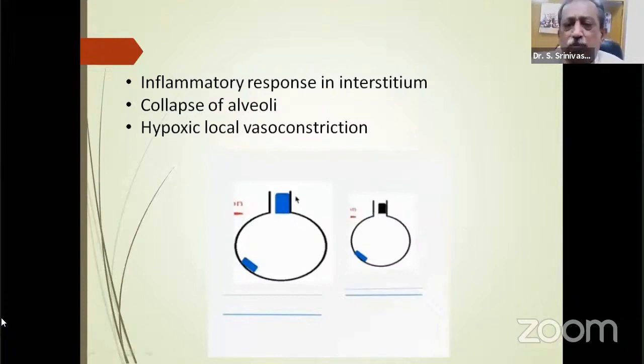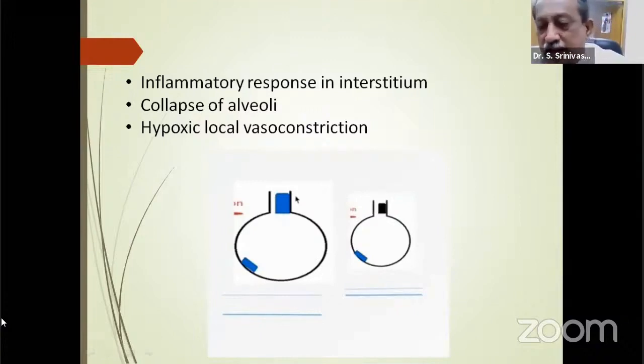The third most important point we should remember is called hypoxic local vasoconstriction. You can see in the picture, beneath the normal alveoli, the normal pulmonary vasculature. And beneath the collapsed alveoli, you can see a narrow pulmonary vasculature. So why is the pulmonary vasculature becoming narrowed? See, when the Clara cell is infected, there is no anti-inflammation and the alveoli collapse. When the alveoli collapse, the PO2 within the alveoli will be very